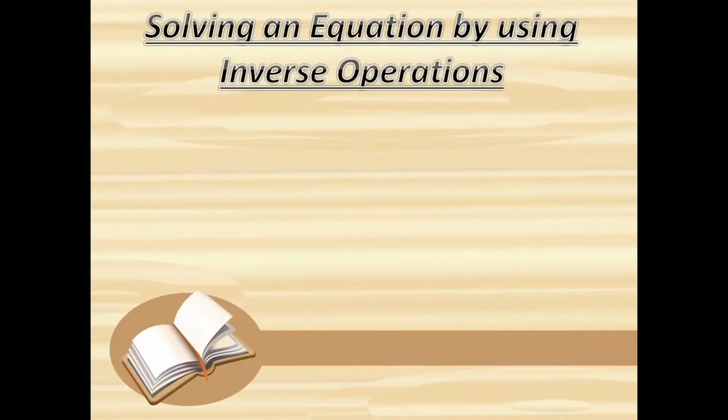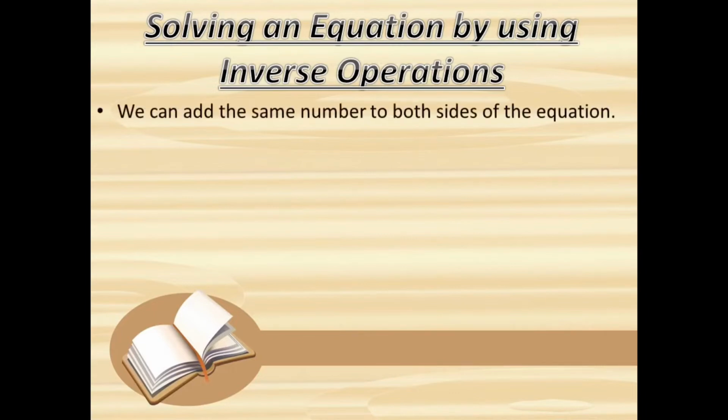Next topic is solving an equation by using inverse operations. Now students, if we have a weighing balance, we can keep it balanced by adding or removing identical weights from both the left side and the right side pans. Similarly, to solve an equation, we use the operations addition, subtraction, multiplication and division. The same operation is performed on both sides of the equation so that the two sides remain balanced. The following examples will clarify this.